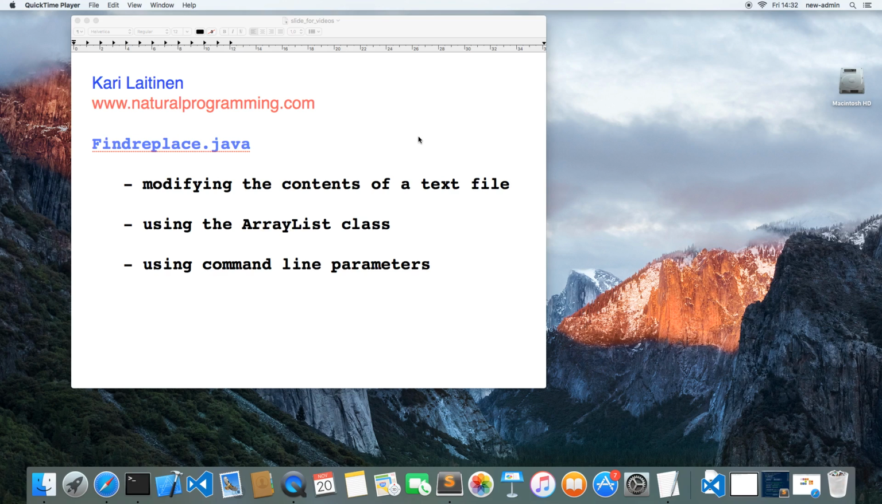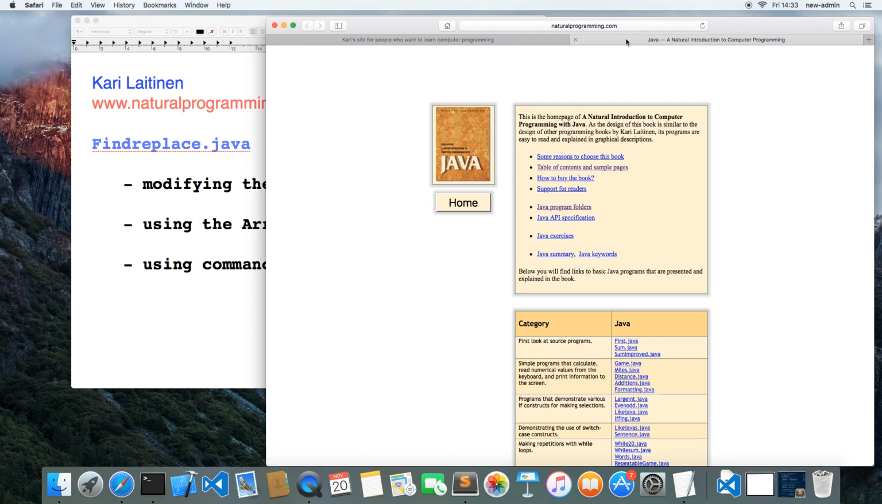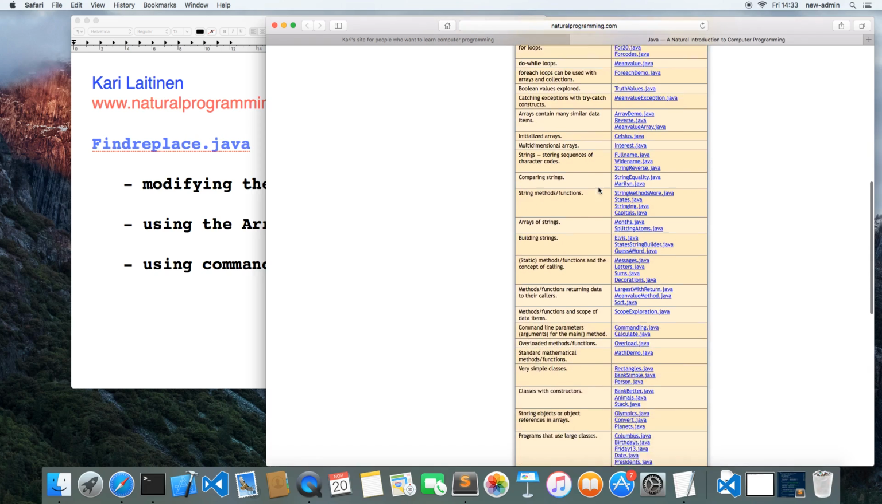My name is Kari Laitinen and today we are going to study a program called Findreplace.java. So you can find this program if you first go to the site naturalprogramming.com, and if you then click this icon you will enter this page, and by scrolling a little bit you should find